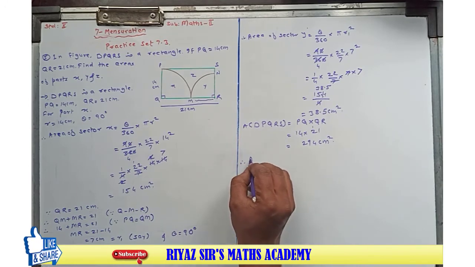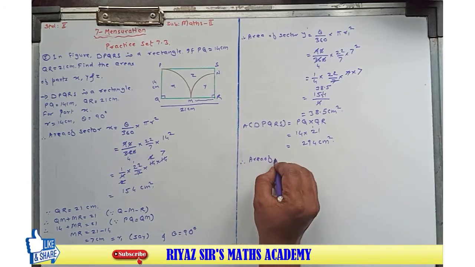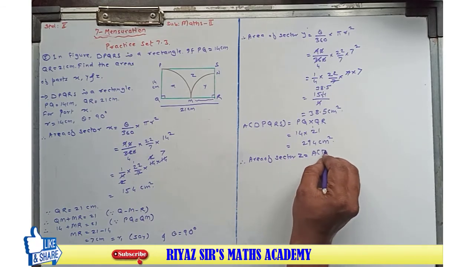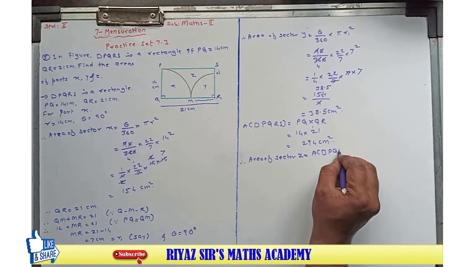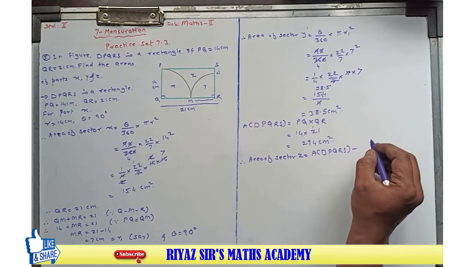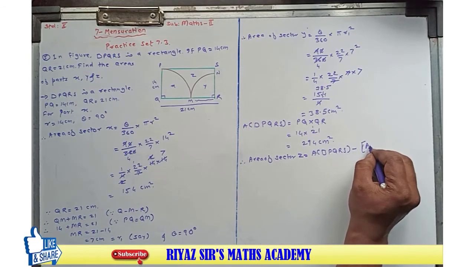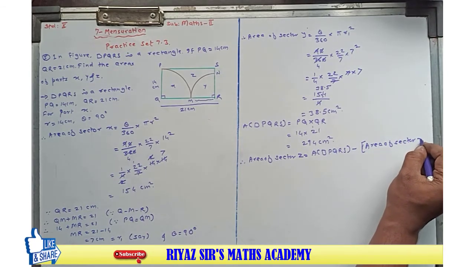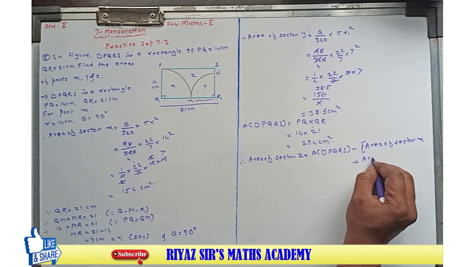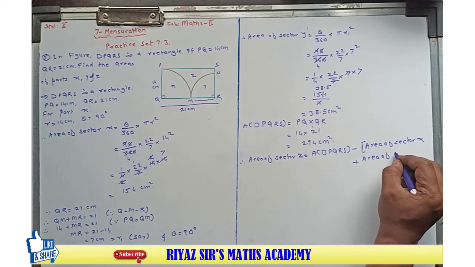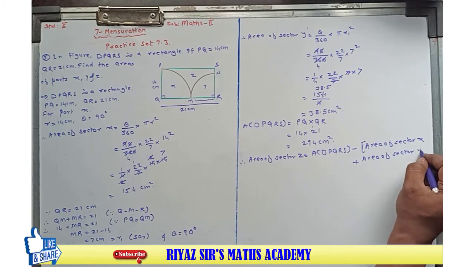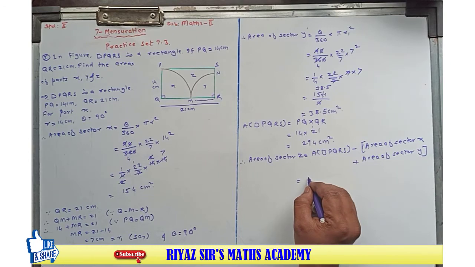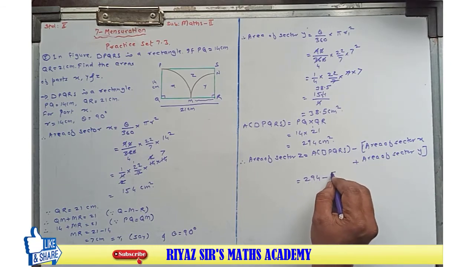And therefore area of sector Z is equal to area of rectangle PQRS, माइनस ब्रैकेट area of sector X plus area of sector Y, सेक्टर X और Y दोनों के एरिया के एडिशन, और उसको माइनस करेंगे इसमें से, that is equal to 294 minus,